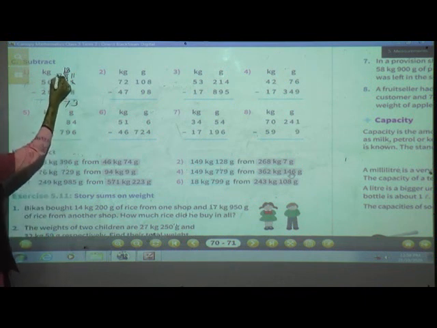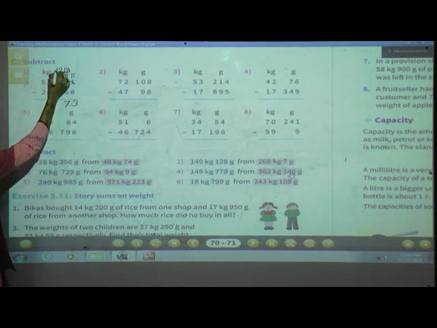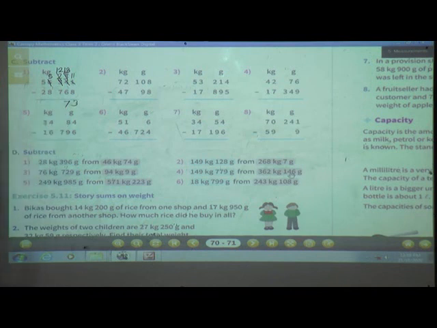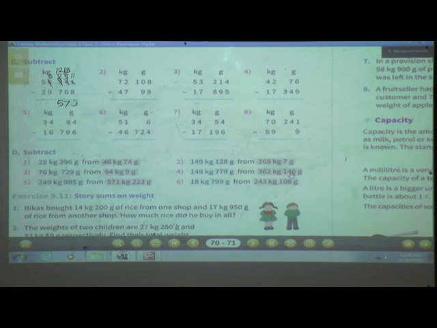So again we will cut this 2, write as it is, and we will take one borrow from this neighbor. So here 5 will remain and this 2 will become 12. Now 12 minus 7. After 7 count your fingers till 12. So 12 minus 7, 5. So write here 5. Then we'll move to the kilograms column. Now here 5 is remaining. 5 minus 8. Again same problem. 5 minus 8 can't do.